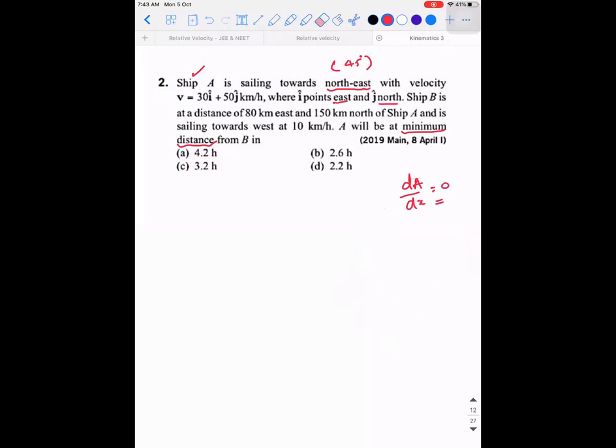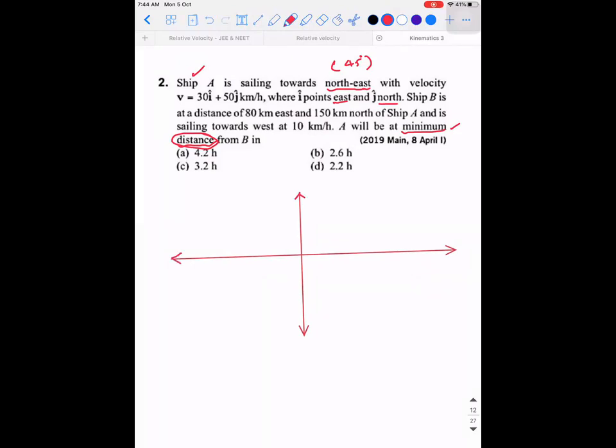In a similar way, the same concept has to be applied here. Why I'm stressing on this point is, now when you learn that in math, wherever you see this minimum concept, minimum distance, minimum velocity, whatever you see, that time you can always think in terms of calculus. So now let's start solving the problem. Visualize it. Now I'm taking the basic coordinate axis. I'm repeating it, guys. Since you're doing it for the first time, you might think it is lengthy, but when you do similar kind of problems, it'll become easy for you.